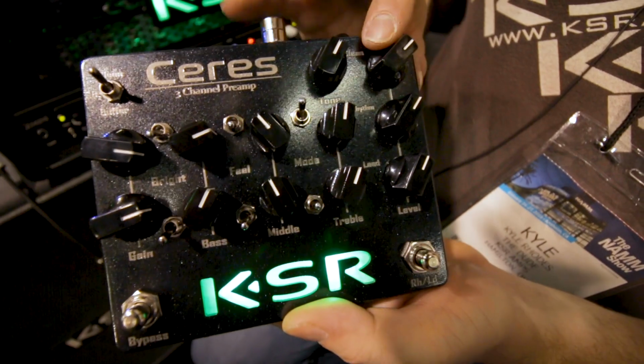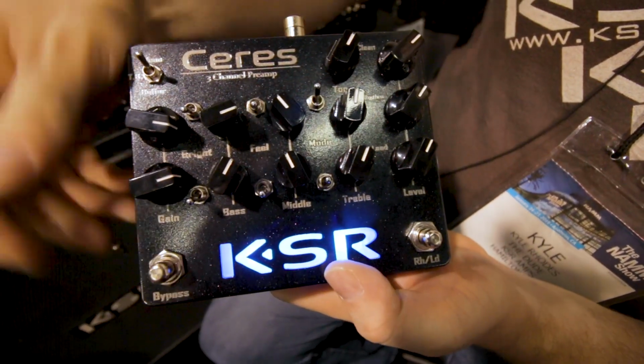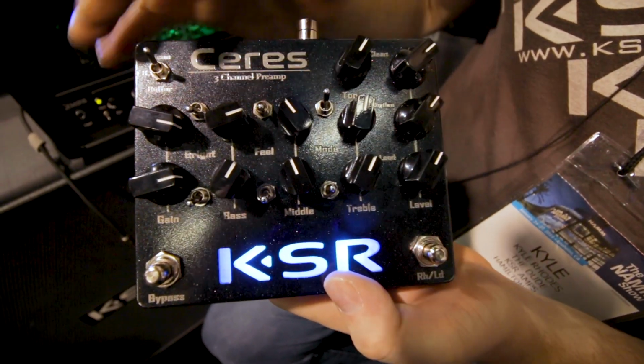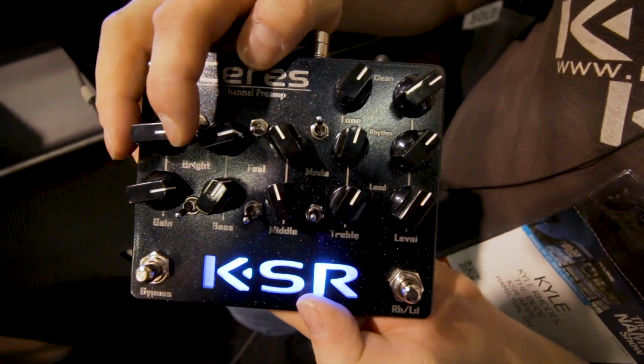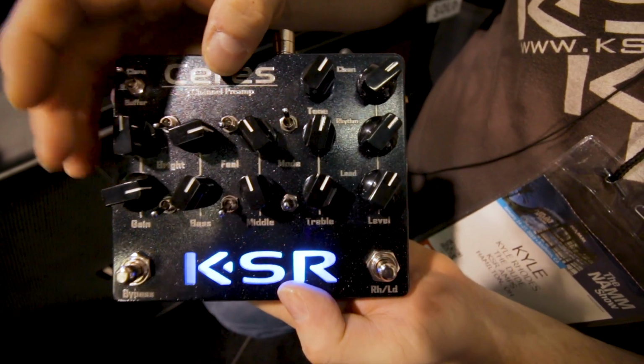For the clean, you've got tone and level on the output, and then we've got 2 other channels. When you activate it blue, we've got the middle row of knobs and switches active, gain, bass, mid, treble, and level. We have a bright switch, works just like an amp bright switch, so the lower the gain, the more